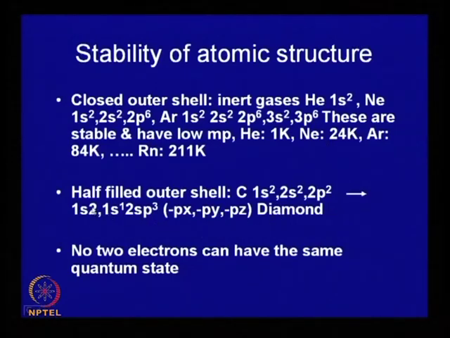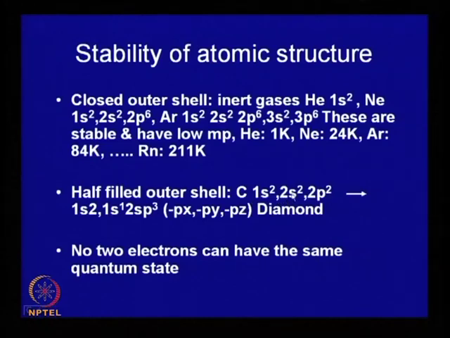Next stage is half filled outer cell. So, in most of the cases, the outer cell has a capacity of 8 electrons. Now, in certain cases, say like carbon, if you look at the structure of carbon, its atomic number is 6, and if you follow that rule which I just talked about, this should be the structure